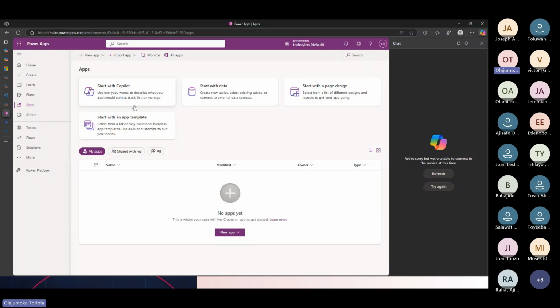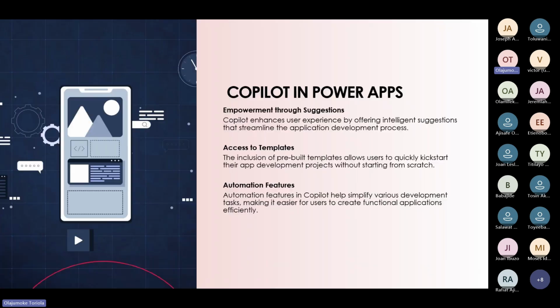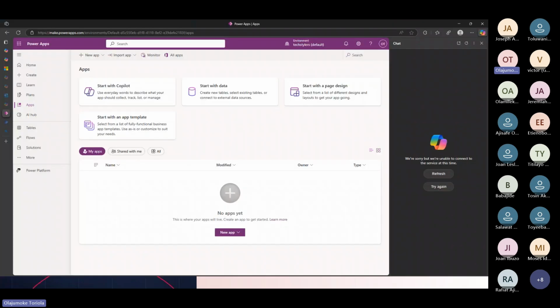So one of the cool things is that with Copilot in Power Apps, you can actually build applications more efficiently than ever. Let me bring that up again. You can actually build applications more efficiently than ever just with a single prompt. So if you look at this prompt that I want right now, I want to say, I want to create an app. I can start with my Copilot